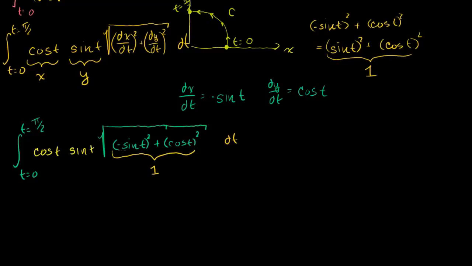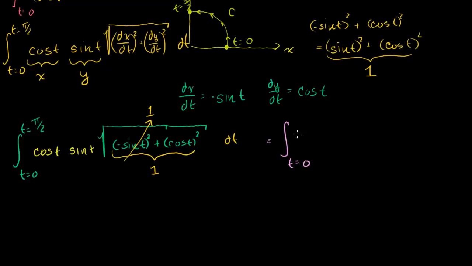And we're taking the square root of 1, which is just 1. So all of this stuff right here will just become 1. And so this whole crazy integral simplifies a good bit. It just equals the square root